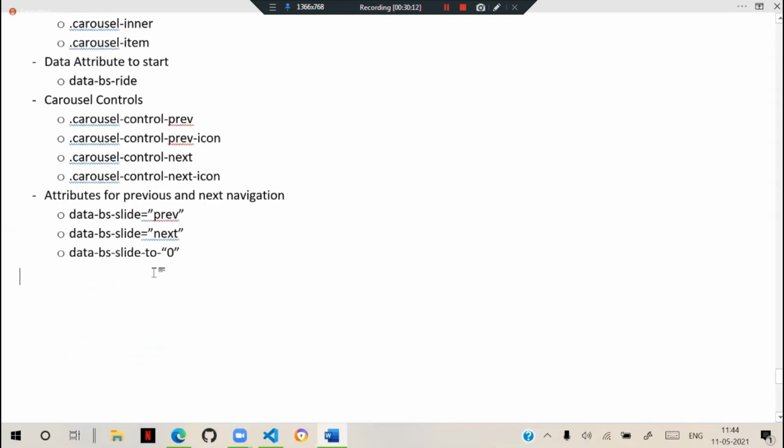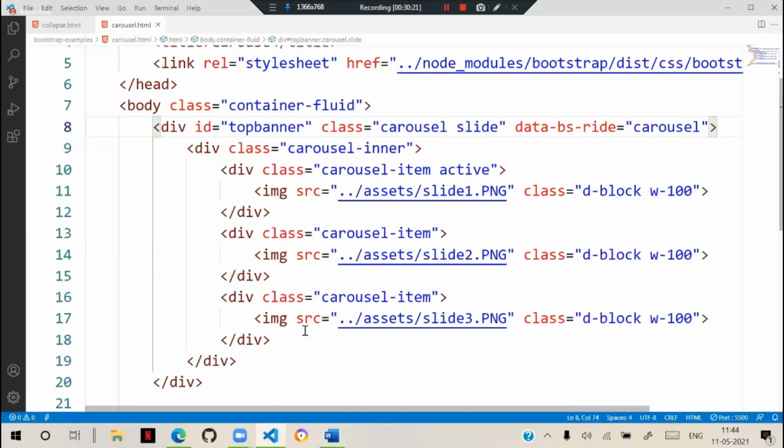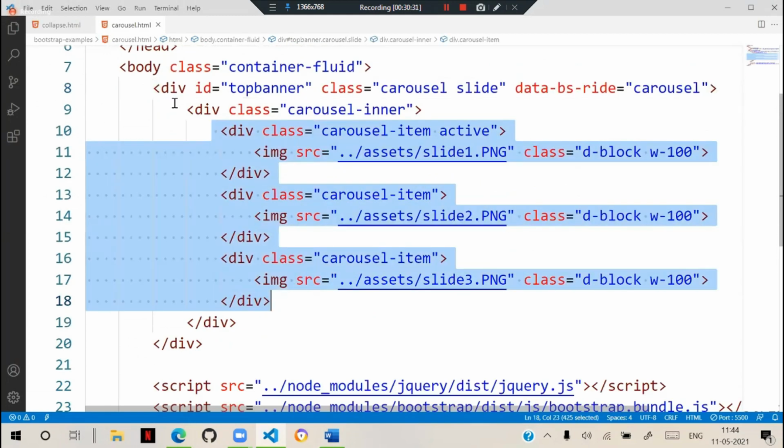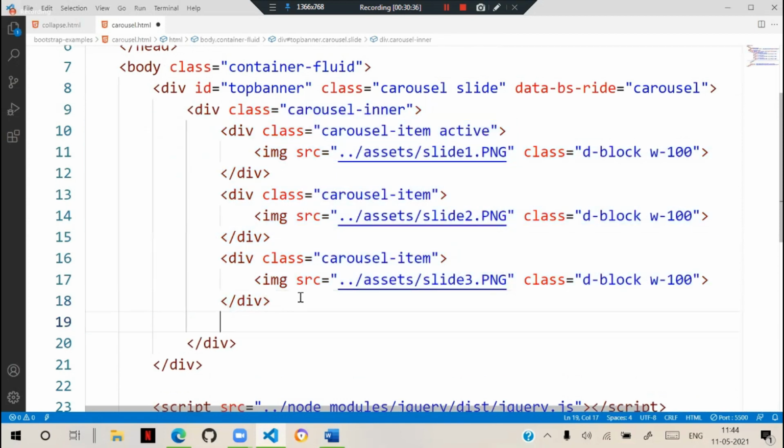So we have carousel controls. See how we can add them. Only two controls will be there. After designing the last carousel item, inside the carousel inner, if you add them, they will be inside, so make it relative to the parent.